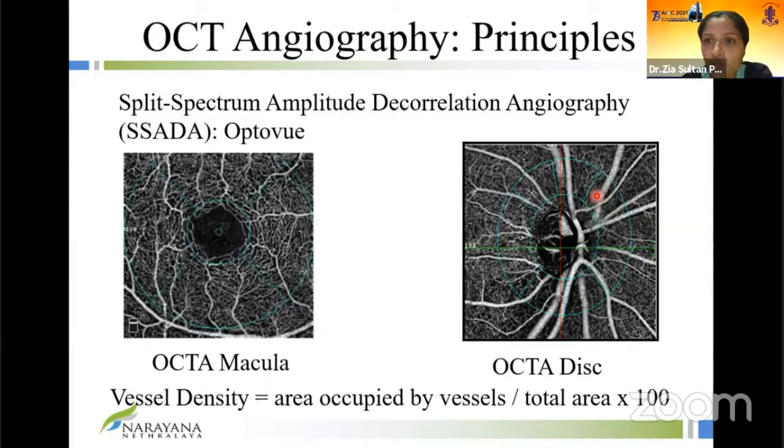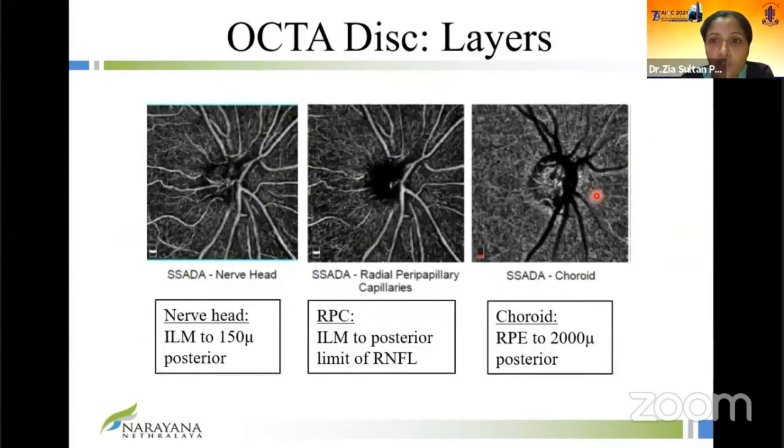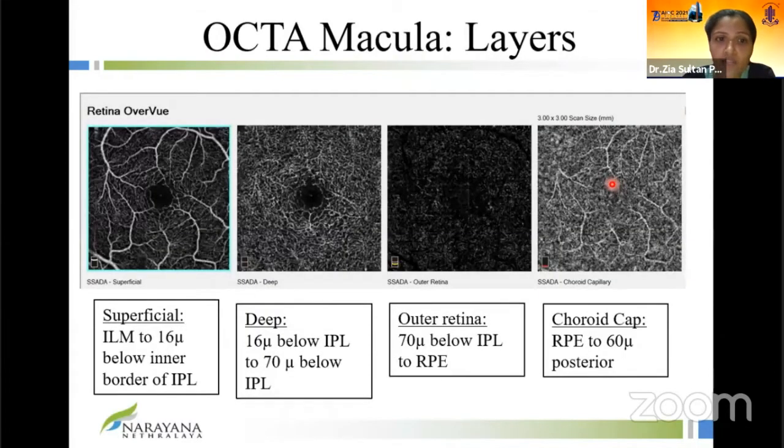Now, apart from giving you this image of the total retinal thickness vessels, the technology can also give you the vessel density in different layers. So for example, in the optic disc, you have the nerve head layer, which is from the ILM to 150 microns behind that. It will only give you the vessel density within this layer. The radial peripapillary capillary layer, which is basically the thickness of the retinal nerve fiber layer. It gives you the vessel density within that area. And lastly, the choroid. In the macula, again, similarly, you have the superficial macula, the deep macula, the outer retina,